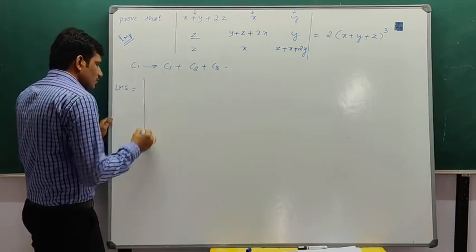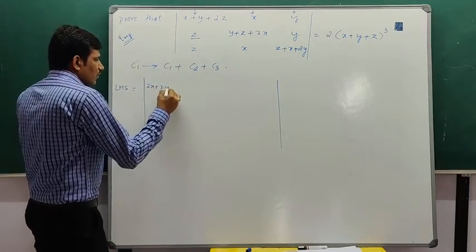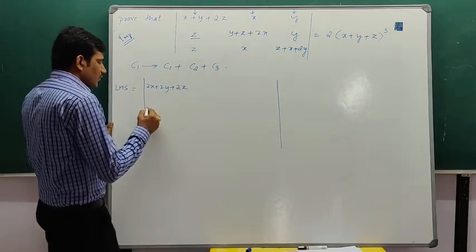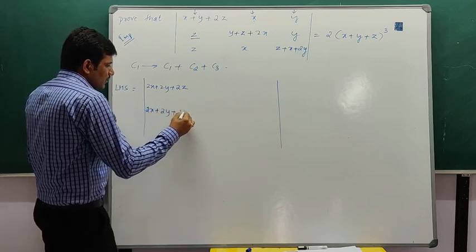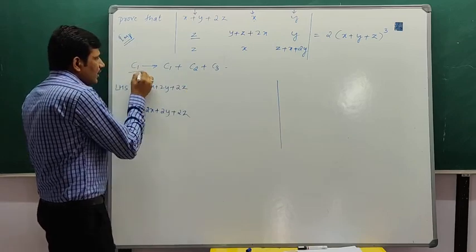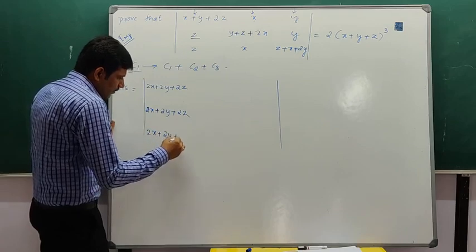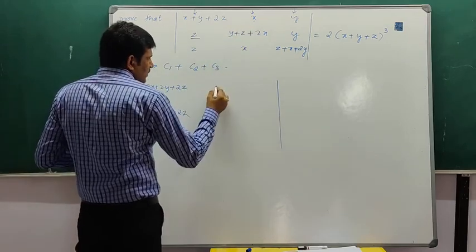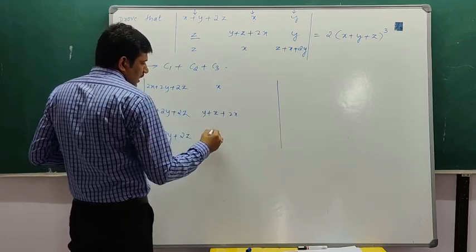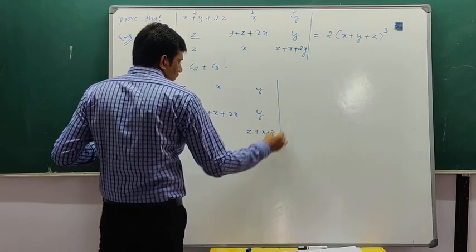Let's see here. When I do C1 plus C2 plus C3, in the first column all the elements will become, as I already told you, 2x plus 2y plus 2z. Already we have done this, right? The second element will also be 2x plus 2y plus 2z. That is, the elements in the first column plus second column plus third column, we add and write in C1. So now this is the C1. Then again it is 2x plus 2y plus 2z. Next, what is the next element? It is x. Next it is y plus z plus 2x. Next it is x. Then y, then z plus x plus 2y.